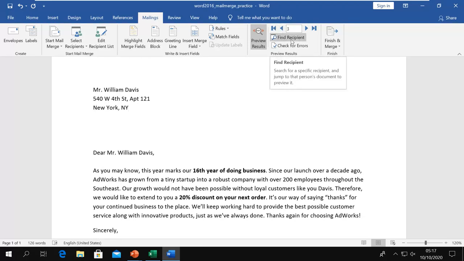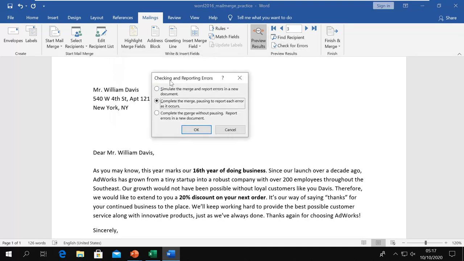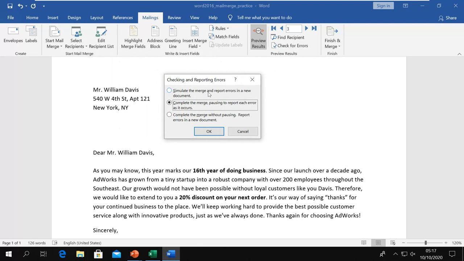Also I can find the recipient. If I'm not seeing it there, I can check for errors. If I click, you have three options. Simulate the merge and report errors in a new document: it will simulate the whole process and create the result in a new document.